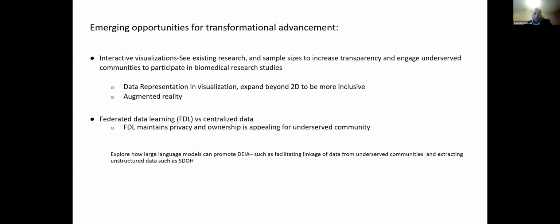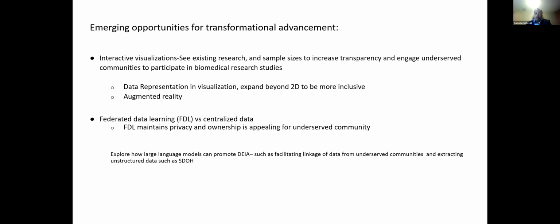Emerging opportunities: in order to increase transparency, but also to engage underserved communities to participate in biomedical research studies and to provide their data, interactive visualization is very important. This was presented earlier. Mike Griswold presented this, and it is an emerging potential solution for the whole data ecosystem, to have a dashboard